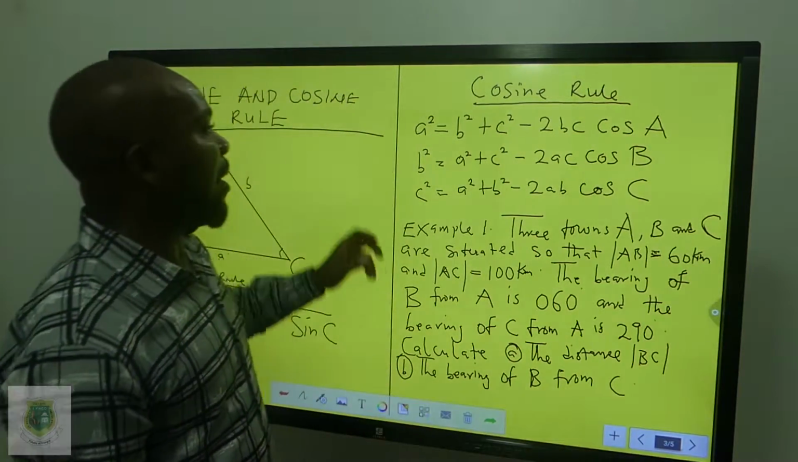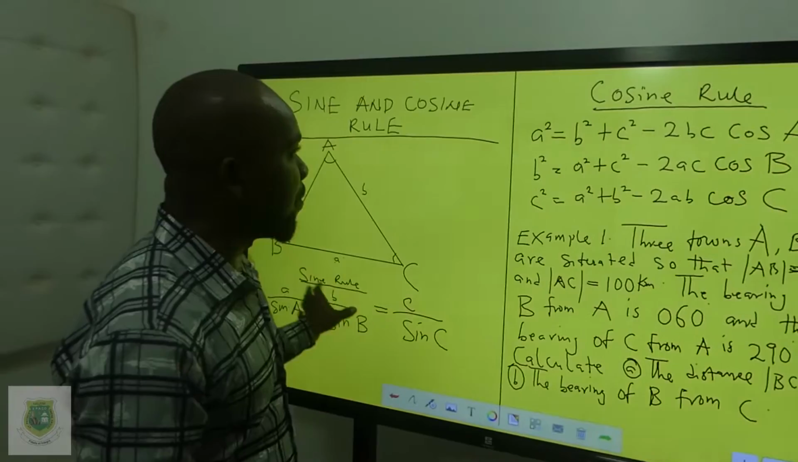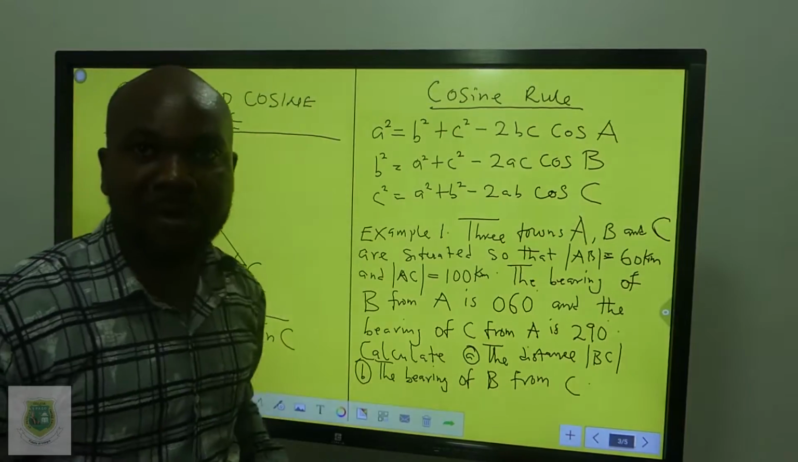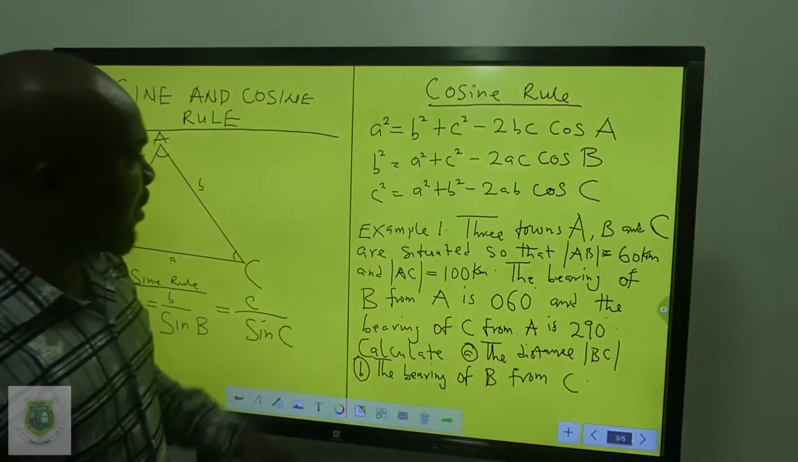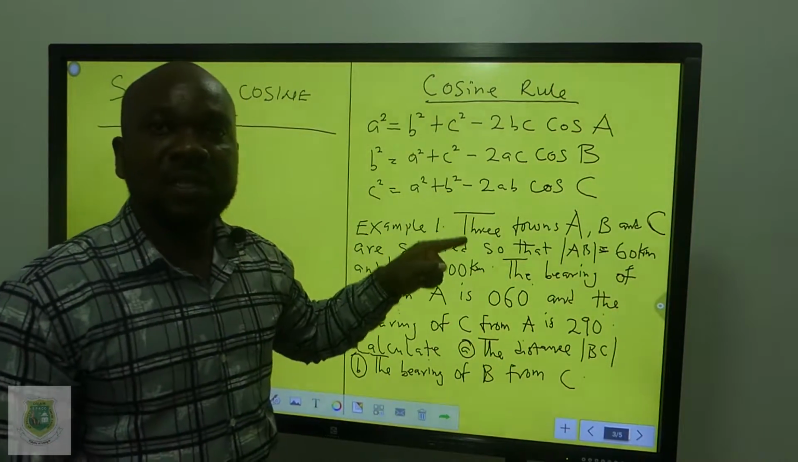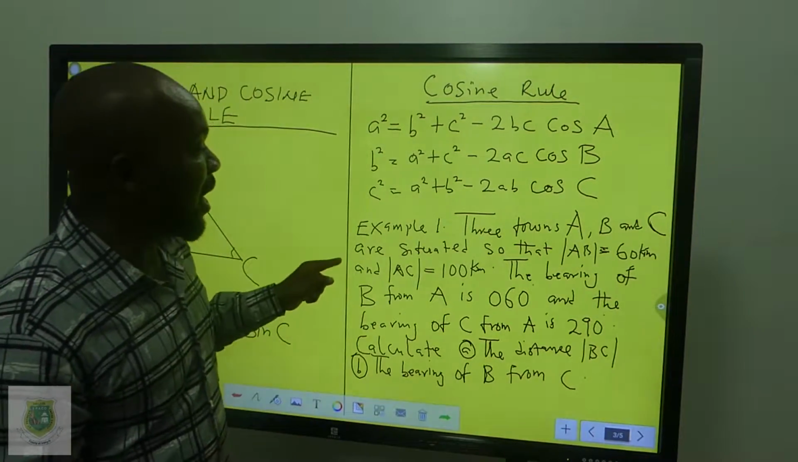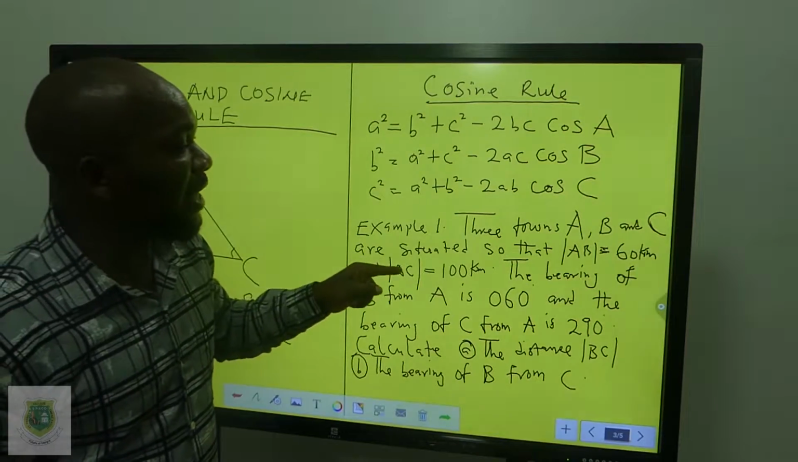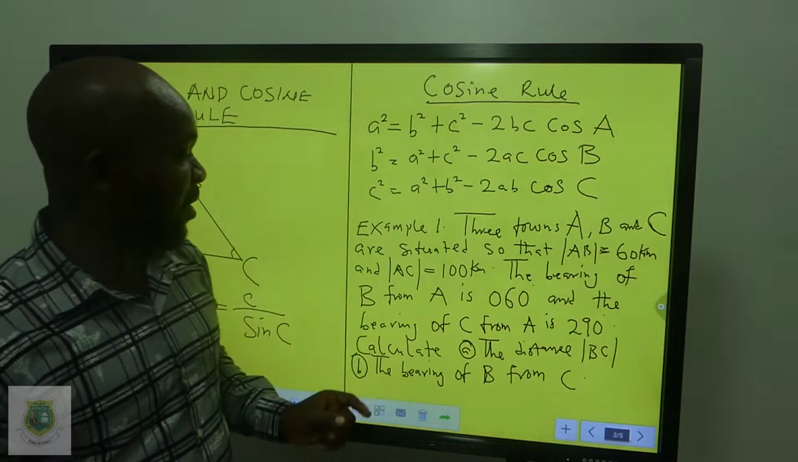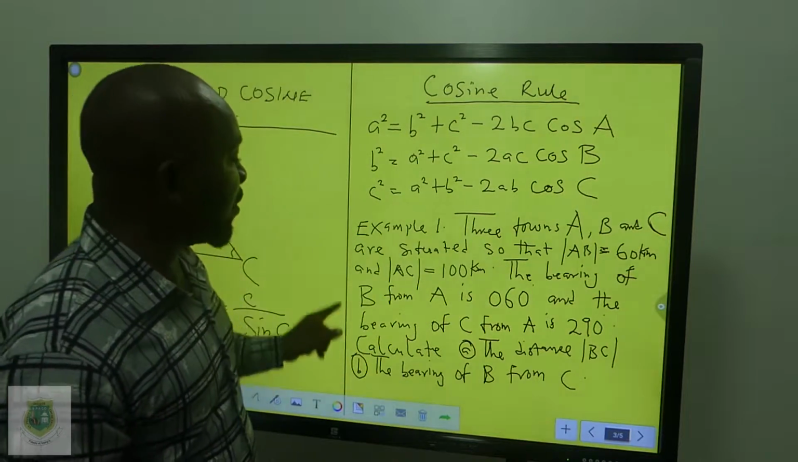Then, let us apply all these formulas. Let us apply sine rule, cosine rule in solving questions in bearing. Then, example 1. This one says 3 towns, town A, town B, and C are situated so that AB, distance from town A to B, is 60 km, and distance from town A to C is 100 km. The bearing of B from A,